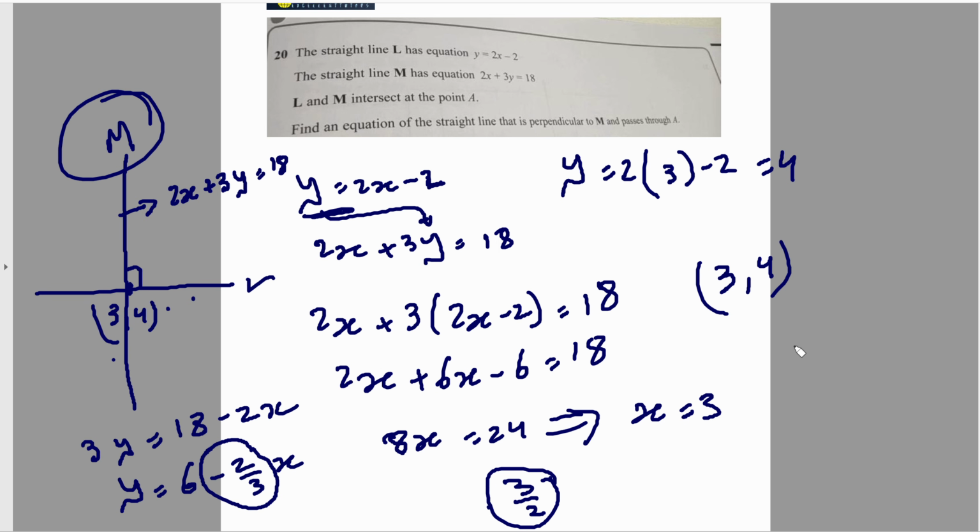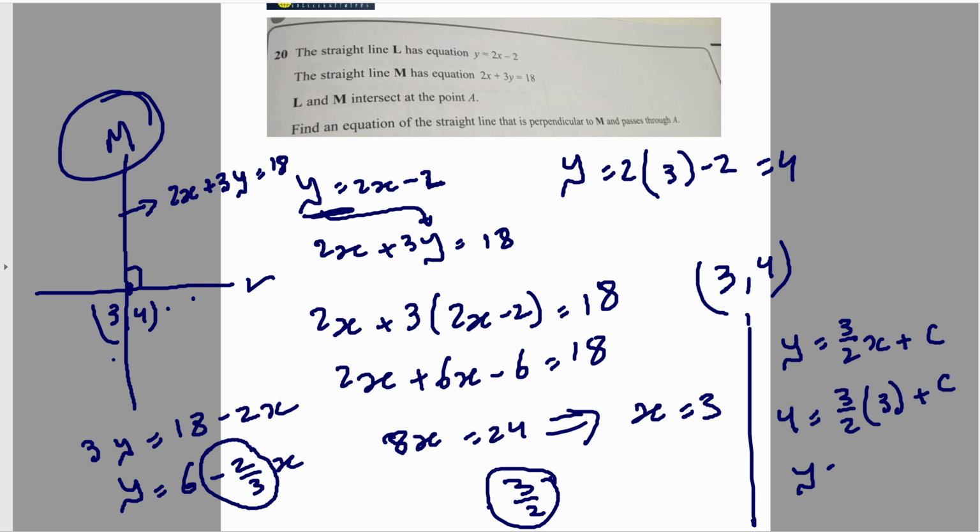So if I write y equals 3 over 2 x add c, I substitute 3 and 4, so 4 equals 3 over 2 times 3 add c. Put this over 1, so it's going to be 9 over 2 plus c, so 4 equals 4.5 add c. Take away 4.5 from both sides, so c equals